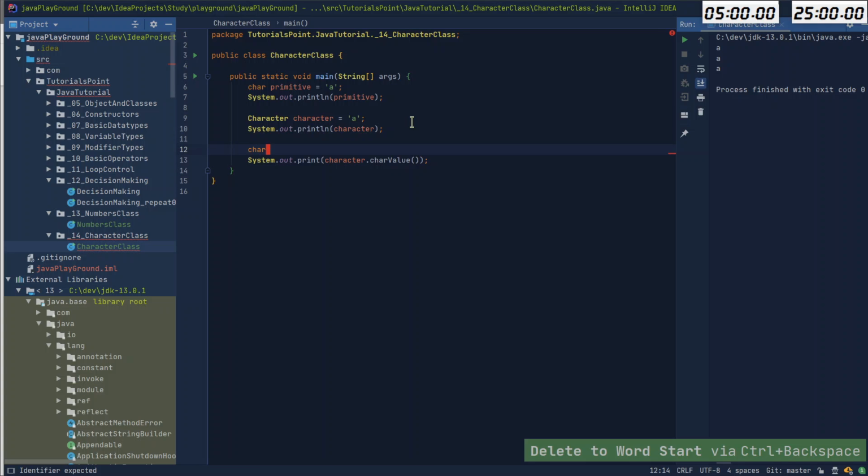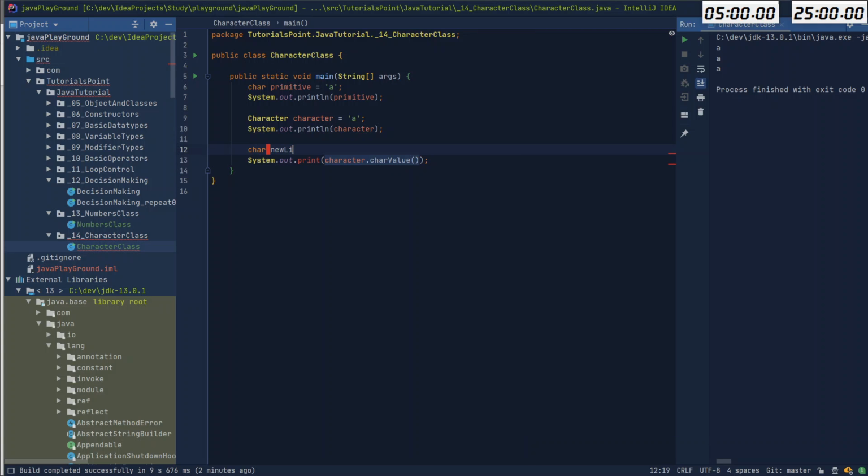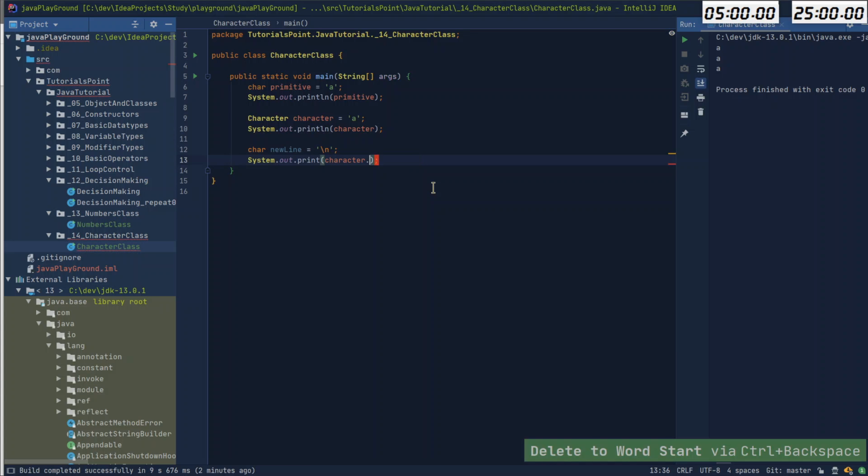That would be new line, and that will be equal to this, and we will have the escape thing here, n. So this is the new line thing. And if we just print out the character right now, we will get